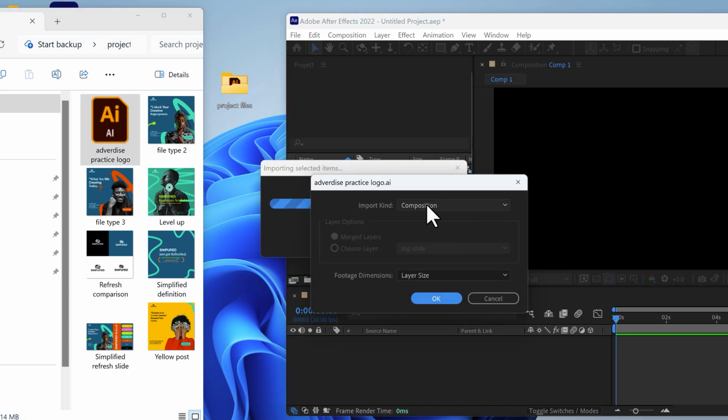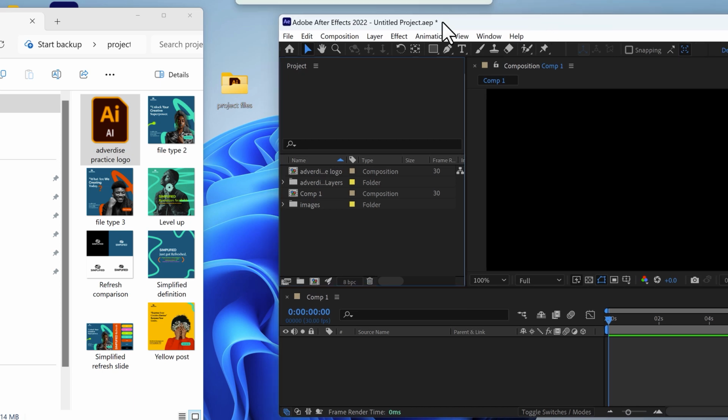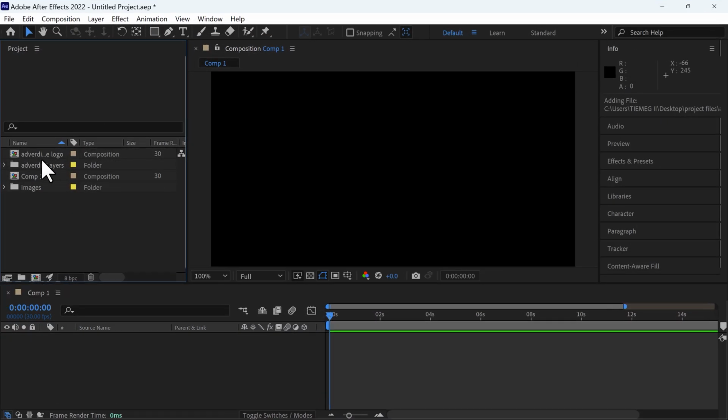And then I'll be asked if I want to import it as a composition or as footage. In this case, I want to import it as a composition. And for the file dimensions, do I want to maintain the layer size from After Effects, or do I want it to take the dimension of the document? I will take layer size, then I click on OK. So now, this is my After Effects file here